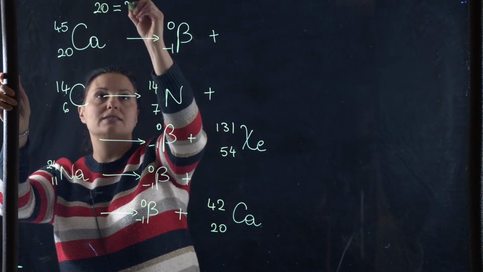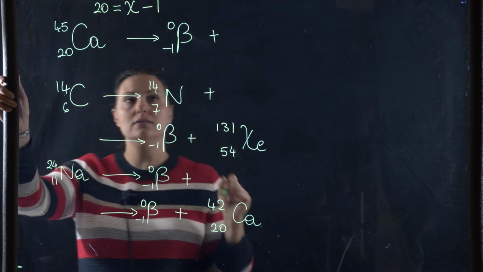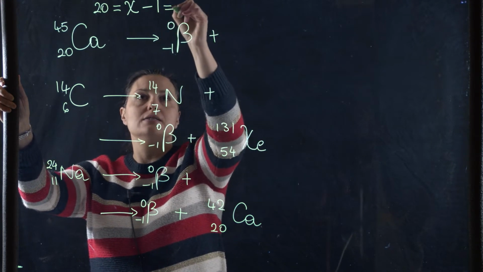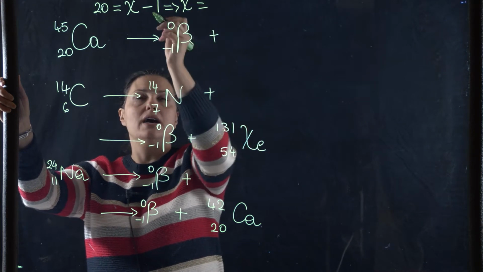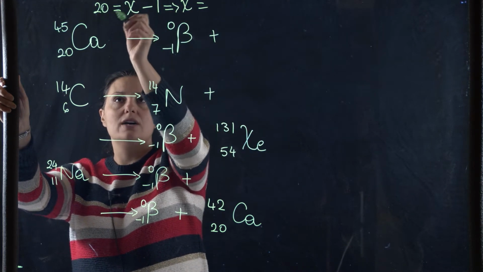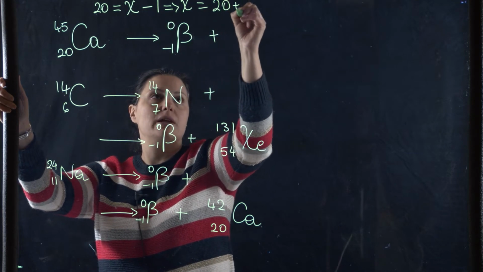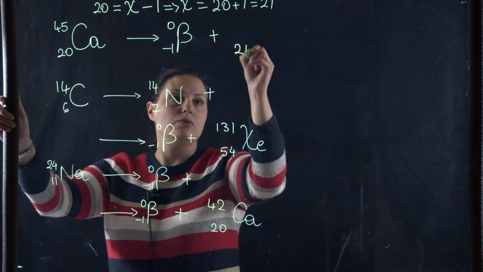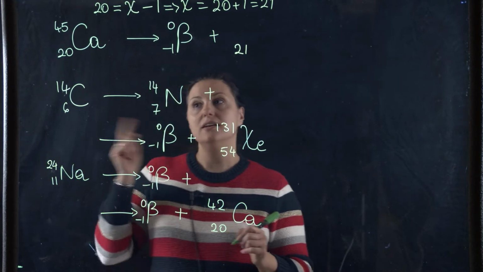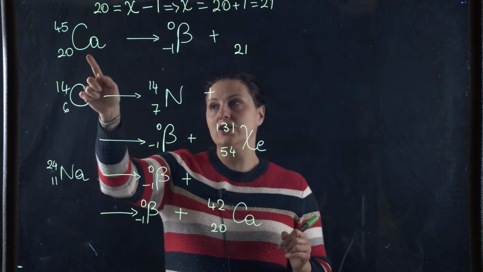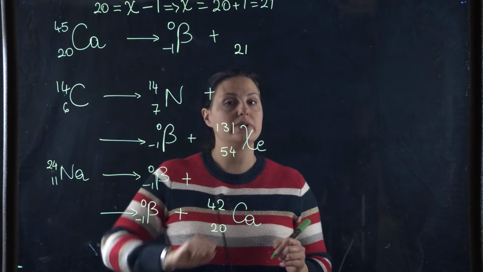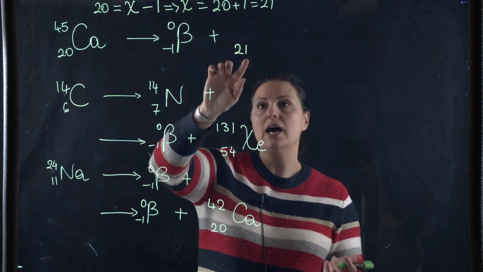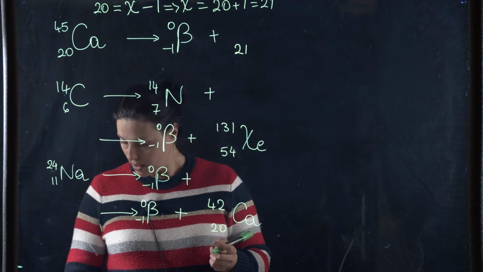If I write it as x minus 1, it's the same as -1 plus x. And so if I solve for x, I have to move the -1 across the equal sign, so it would be 20 plus 1, which means 21. That means my Z will be 21. Once again, beta decay increases the Z number by 1. It's the only radiation that does that. Therefore, instead of calcium 20, I get 21, which is